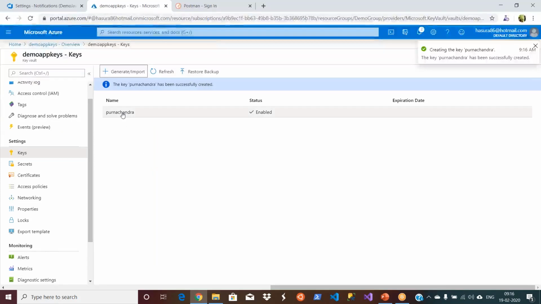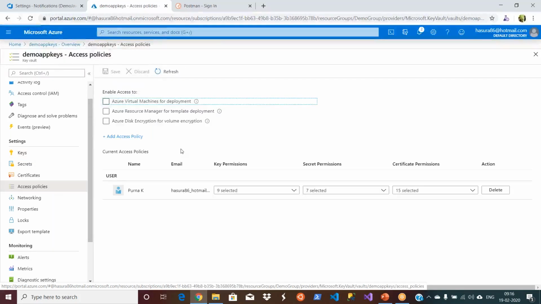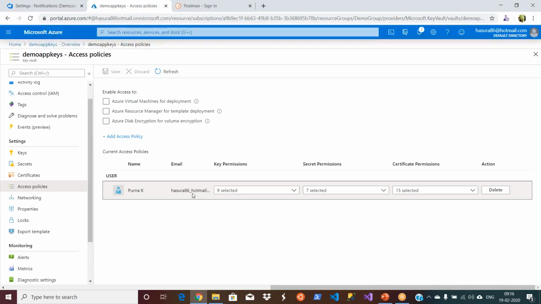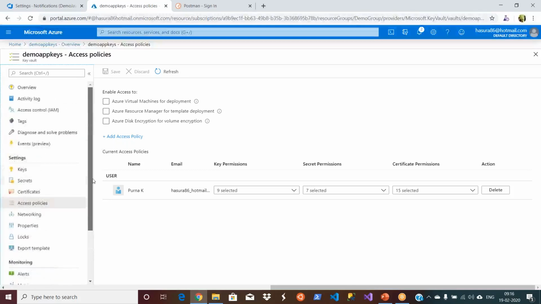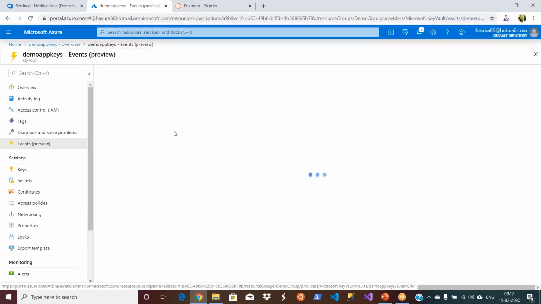Now there will be ways to access this from the applications. You enable access to the machines, enable access for the resource manager, and you can add policies, etc. So this identity now has access. You can give these credentials to the people or to the machines. There will be some other things too. Let us say a key gets expired, say after 90 days. You need to renew it. How do you renew it? If there are hundreds of keys, you cannot do it manually, right?